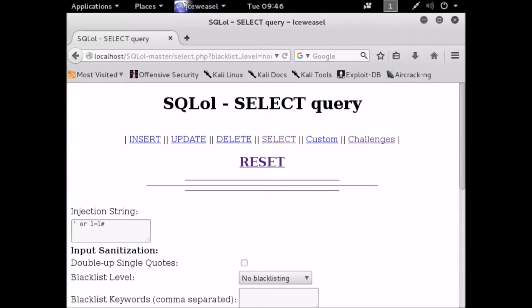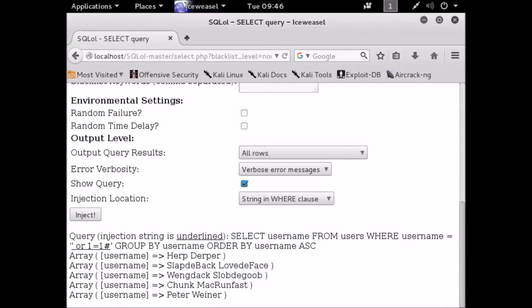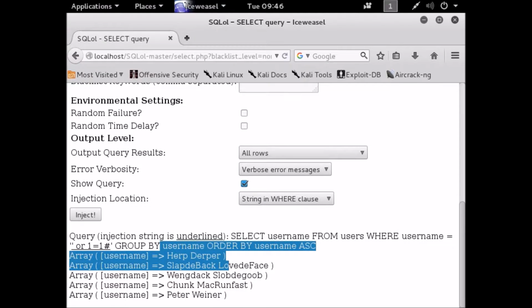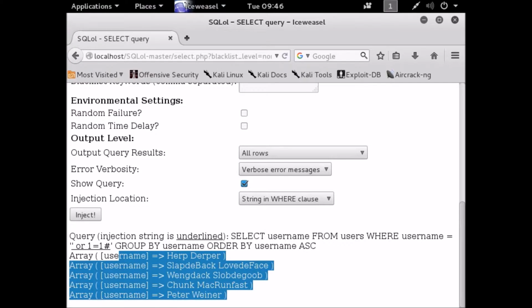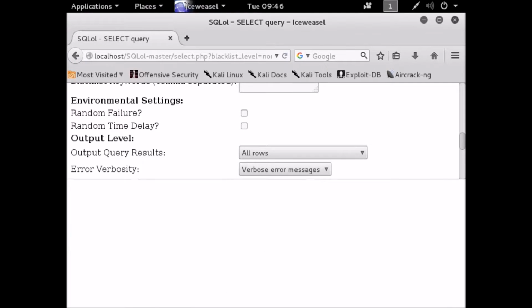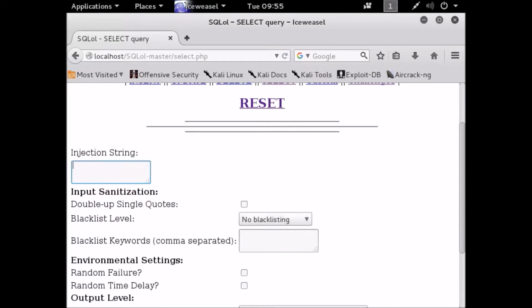Then we're going to inject that, and afterwards we can actually see that it's taking the username from the table in the first statement. So now what we actually have is the names of the users from the table, but the thing is that that's not exactly what we want. We want the social security numbers.